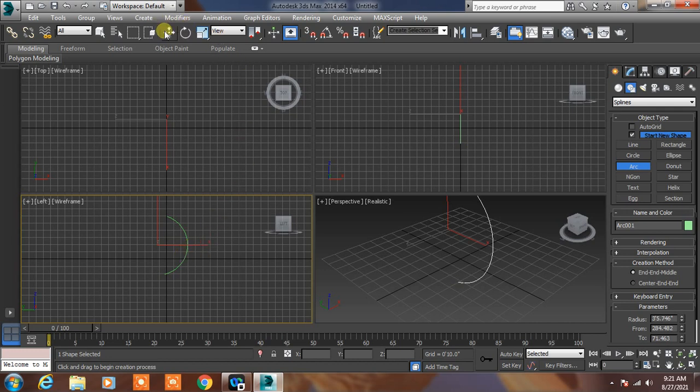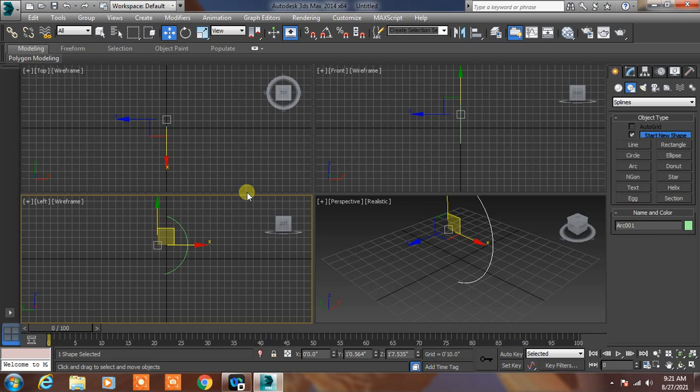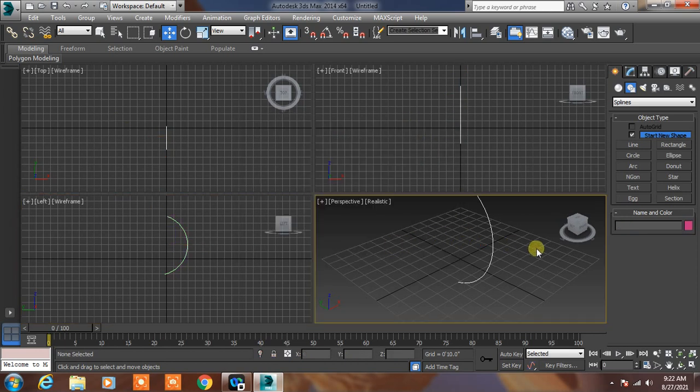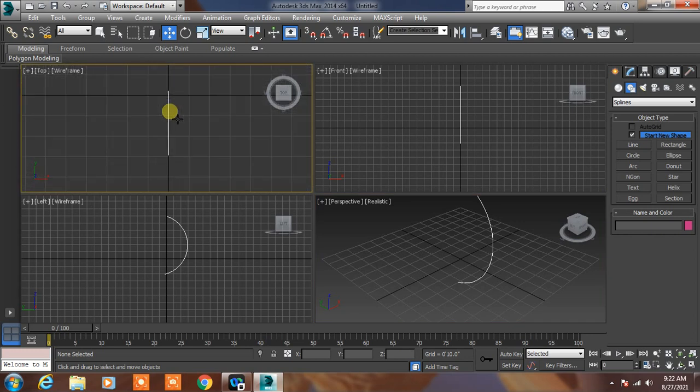Now I want to create a shape. Shape means which type of handle should be showing on your item. Okay, so first of all you go to top view.